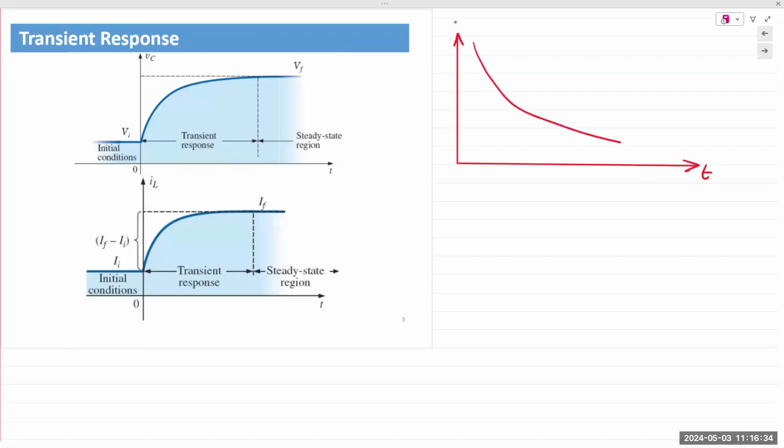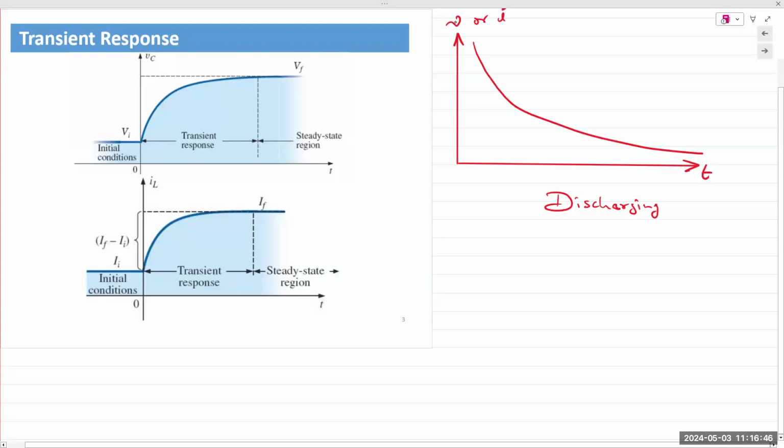So if it's discharging, it will look something like this. This is a discharging waveform. And on the left, you have the charging waveform. This here is charging for voltage. This here is for current. In both cases, whether it's voltage or current, it always has an exponential response with time. If it's discharging, again, voltage or current, again an exponential relationship with time. That doesn't change. Okay. If we look at the charging waveforms,